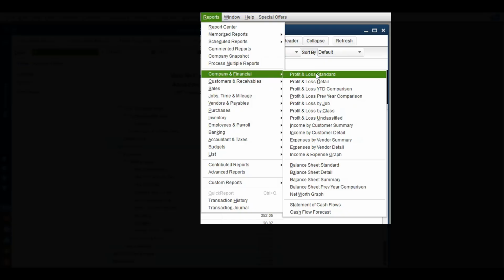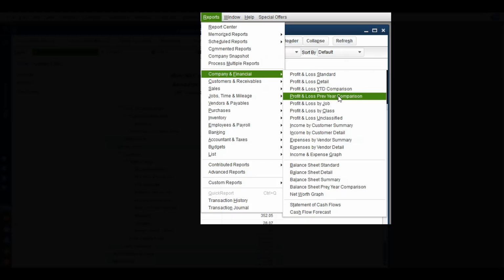customization. So profit and loss standard or detailed. Detailed is going to show you every transaction that happened, and the standard is going to have just the totals. So depending on what you're looking for and what you need to do, then you would choose one or the other. I'm going to use standard for this example, but I also wanted you to see the year-to-date comparison and